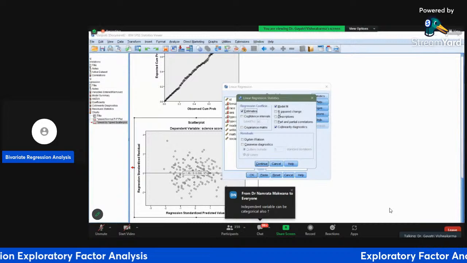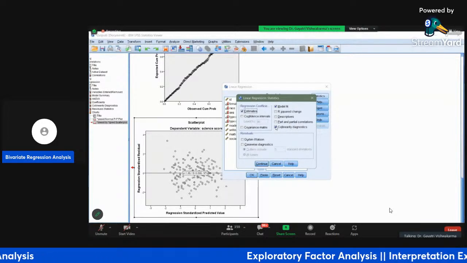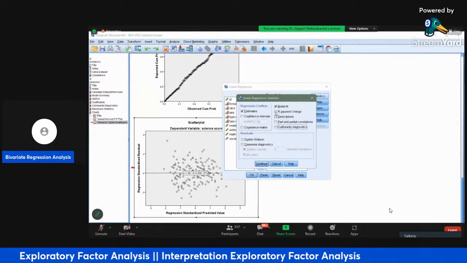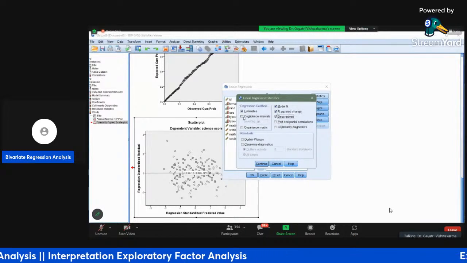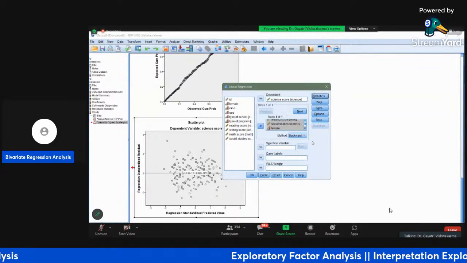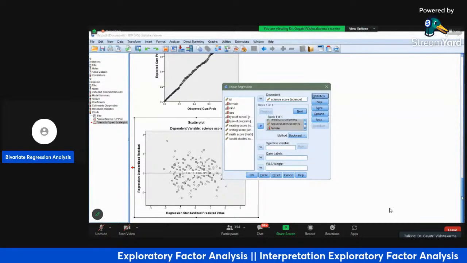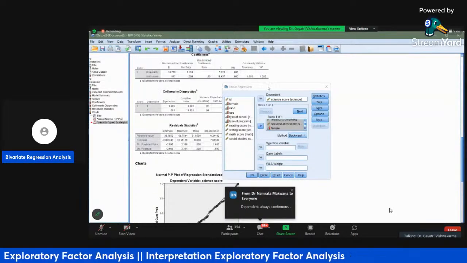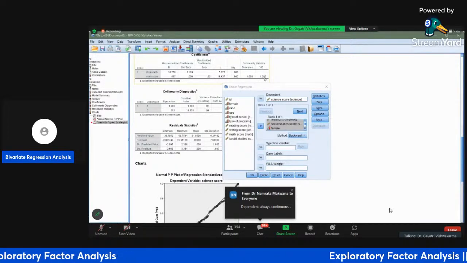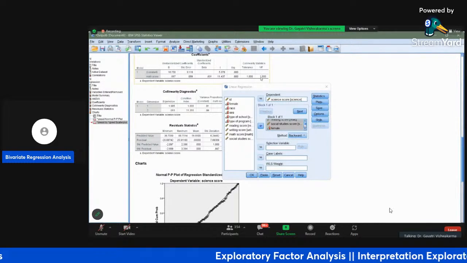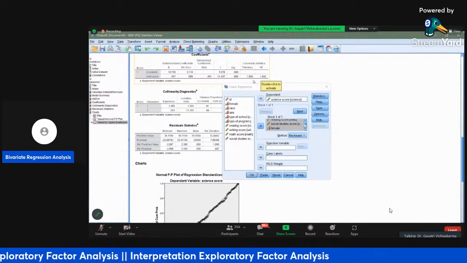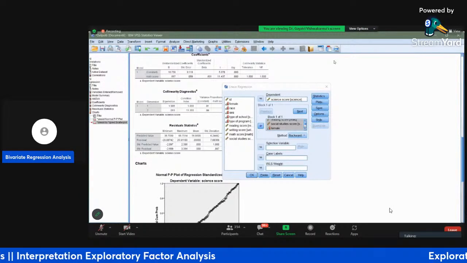Now here, when you are ready for the model, after checking all the assumptions, don't put the linear diagnostics. Okay, linear diagnostic I have not covered. Now what we have done, we want the R squared change, descriptives, and 95% confidence intervals, very important. So you have to check all these. Okay, so let me go up. If you can see the output window here, you can find this VIF factor, variance inflation factor, as I explained in one of the slides. It is coming 1. It has to be less than 10, but I recommended it has to be less than 5. So that means this collinearity condition is also fulfilled. Okay, so that is less than 5.